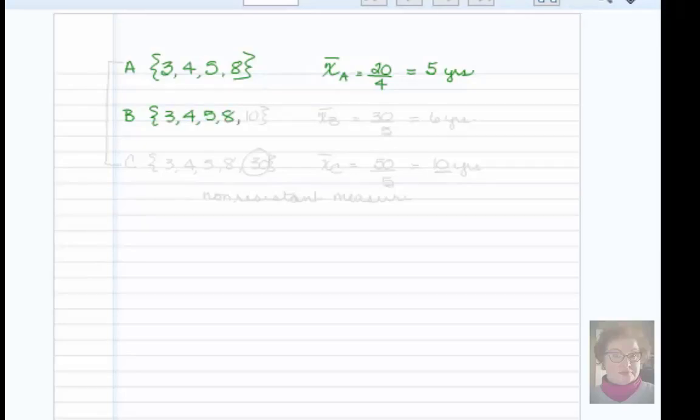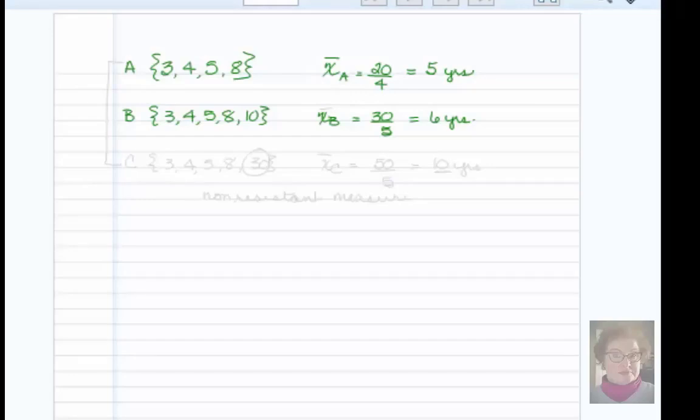And I have a 10-year-old come in. No, I don't want to do 10-year-old. I want to do, well, yeah, we can do 10-year-old. Okay? So the mean of B is going to be 30 divided by 5, which is 6 years. So this older child comes in, is quite a bit older than the first 3, and does raise our mean